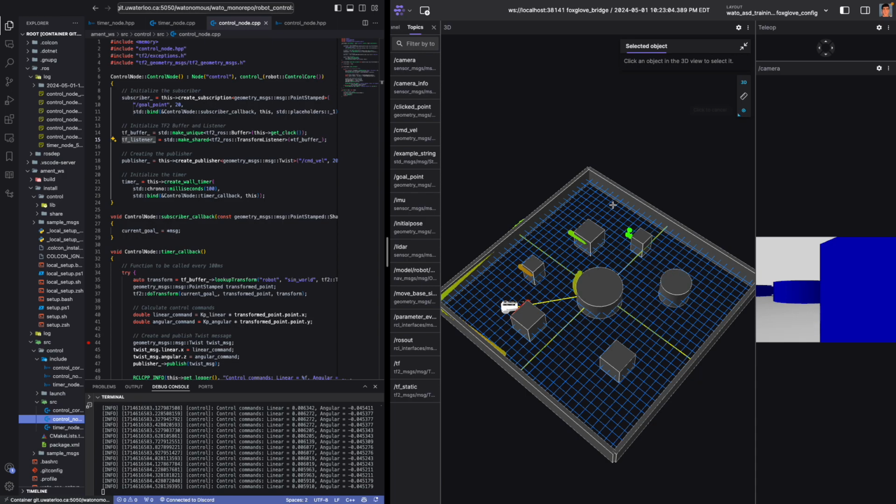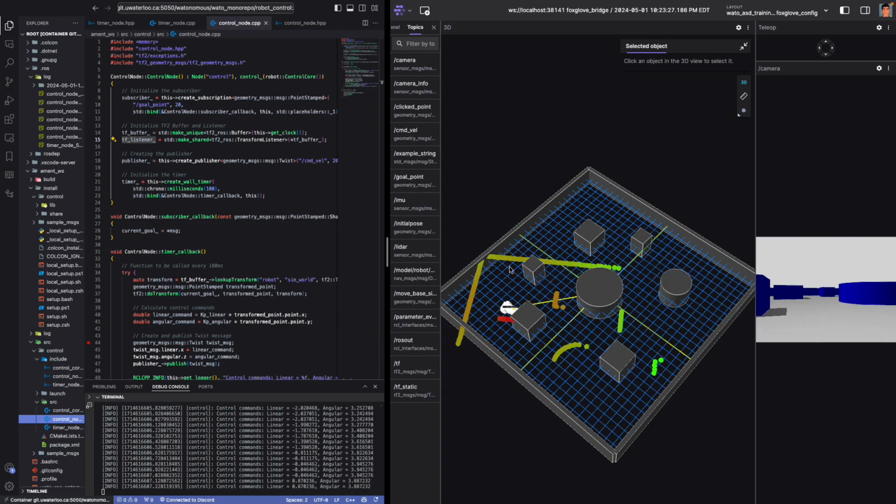transform a point. So when I click on a point here, assuming this is the positive x and positive y, a point here would be like, I don't know, -1, -10. But from the frame of the robot, if the robot was the origin, this would be a positive point. So it does the math for us to give us the point in the frame of reference of